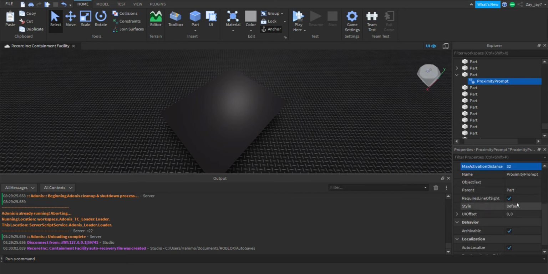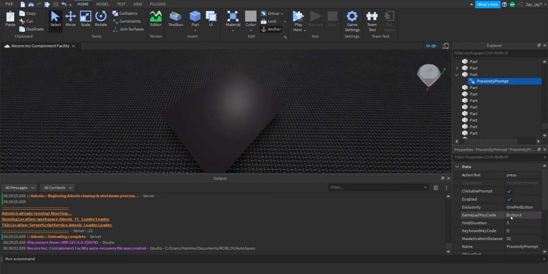Style, you can edit the style to what you want it to be. I would recommend default because that's just how it is. But if you were to put it at custom, you would have something called the UI offset. And wait, no, never mind. But I'd recommend having it at default. But now what would happen is that if you were to click play here,